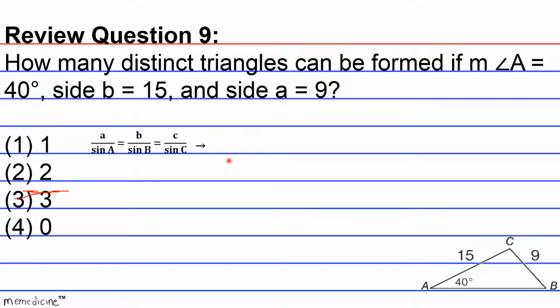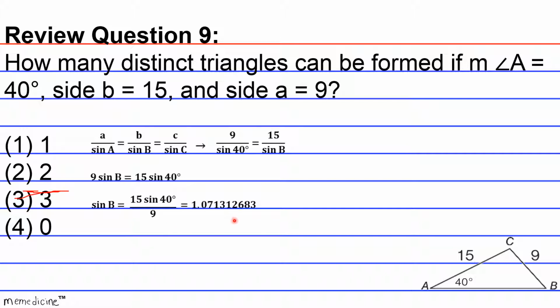So when we fit our given data, we have 9 over the sine of 40 is equivalent to 15 over the sine of B. Now what we have to do next is cross multiply, and we get that 9 times the sine of B is equivalent to 15 times the sine of 40. When we divide by 9 on the left-hand side and divide by 9 on the right-hand side, we isolate the sine of B by itself on the left-hand side, and we get that 15 times the sine of 40 degrees divided by 9